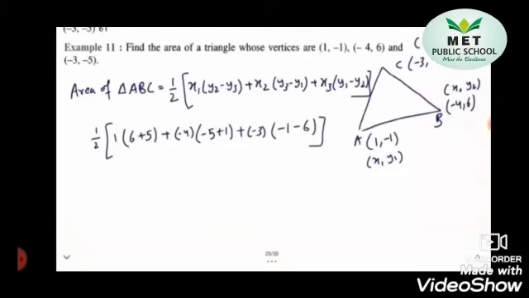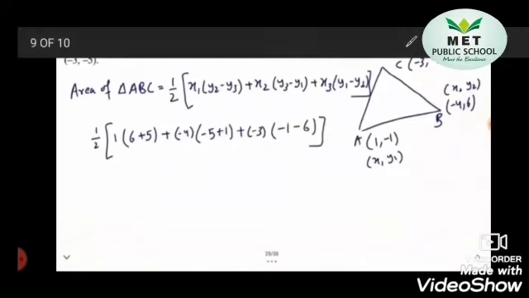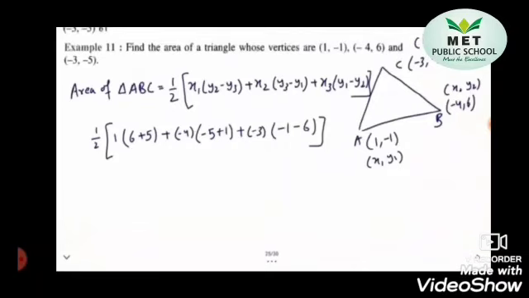Note, children, in the question the 3 coordinates are already given for you. Those 3 coordinates you are going to put in as the values of A, B and C. The first coordinate A is written as x1, y1. It is the first coordinate, so it is x1, y1. B is the second coordinate, so it is written as x2, y2. And C is the third coordinate, which is written as x3, y3.